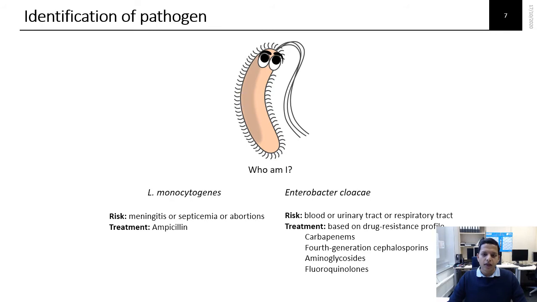One of the first and key steps in clinical microbiology is to identify a bacterial pathogen. A correct identification is necessary to assess the risk of the pathogen and treatment. For example, if the etiological agent is Listeria monocytogenes, there is a risk of meningitis, septicemia, or abortion. While if the infection is due to Enterobacter species, there is a high risk of relatively severe blood infection and the organism is likely a drug resistant one.